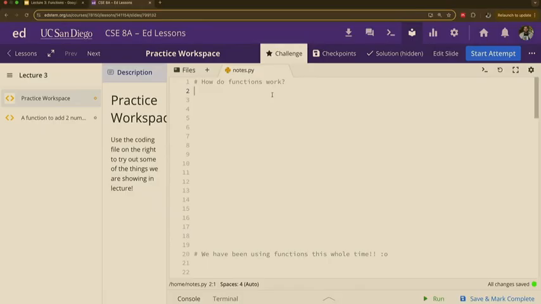So let's say that we want to get the area of a circle. We have the area of a circle right there as an example. And actually, I'll get to that when we start looking into, sorry, forget the area of a circle. We'll get into that right now. But how do functions work?